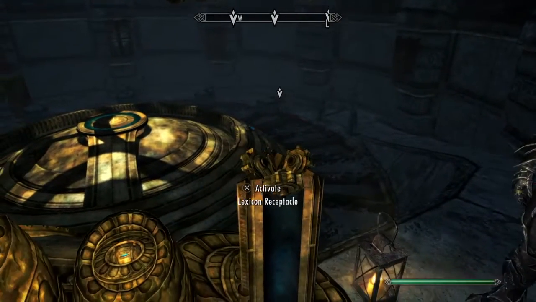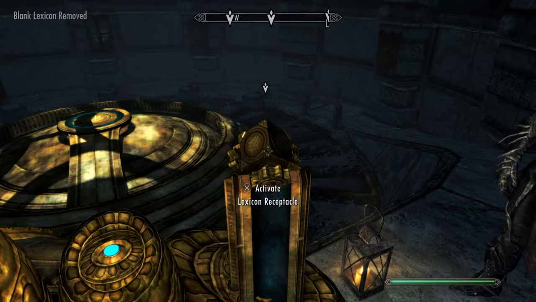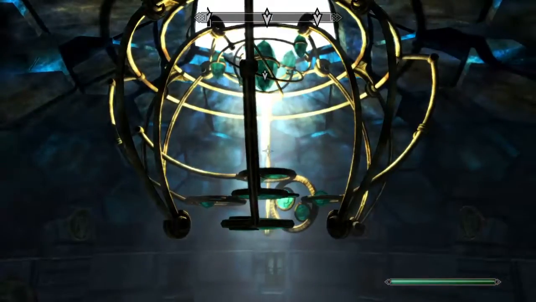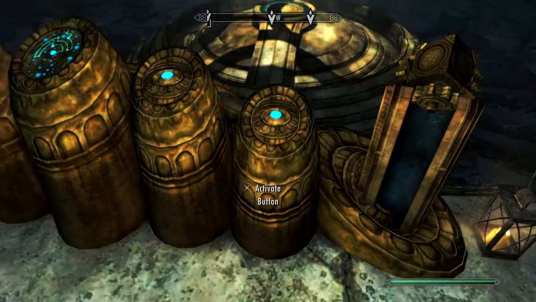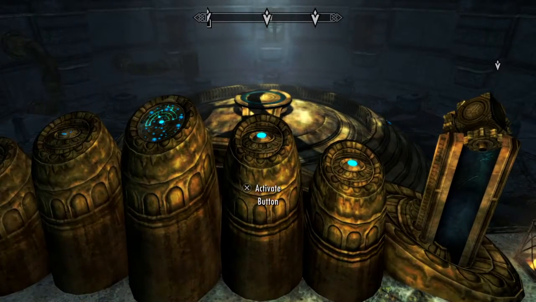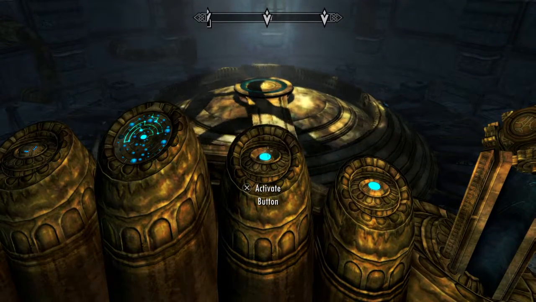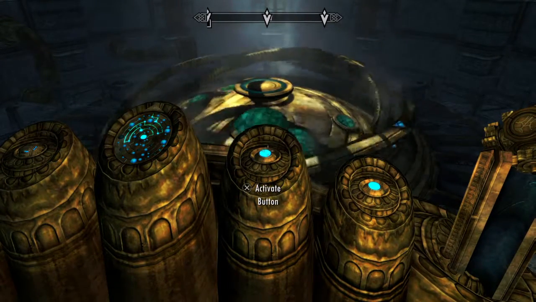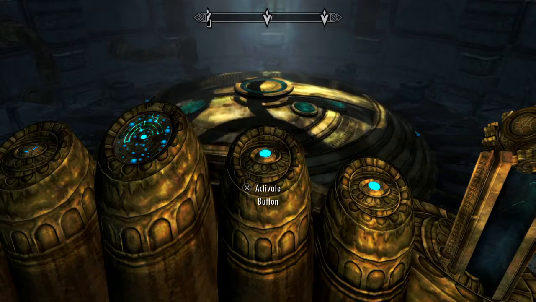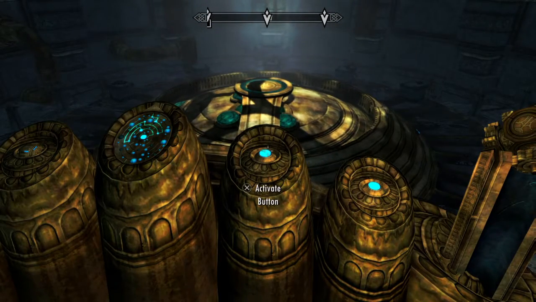But that's where the lexicon comes in here. What you want to do is place it in this receptacle. And the button's unlocked. Now, in order to get this down, you don't want to press this button. In fact, even if you try to do it, nothing happens. What you want to do is press this button 3 or 4 times. As you can see, it's moving. On the 4th time, I think it is. Yeah, on the 4th time,